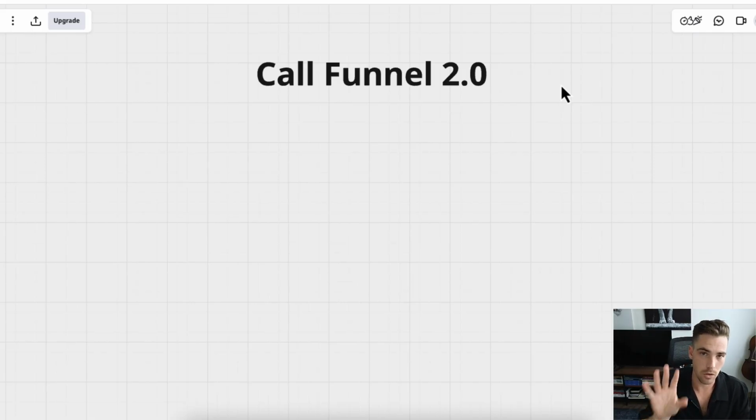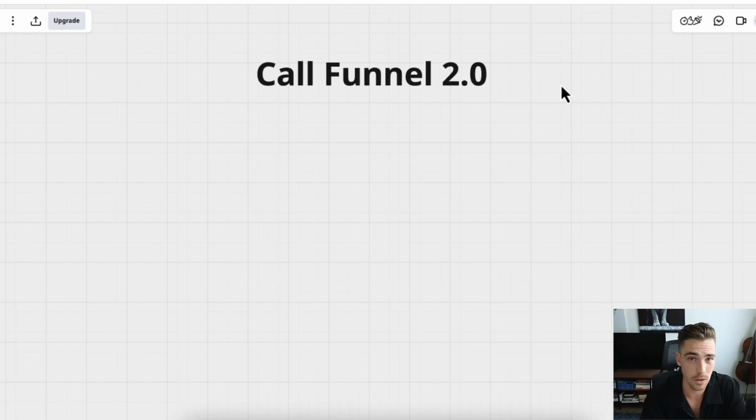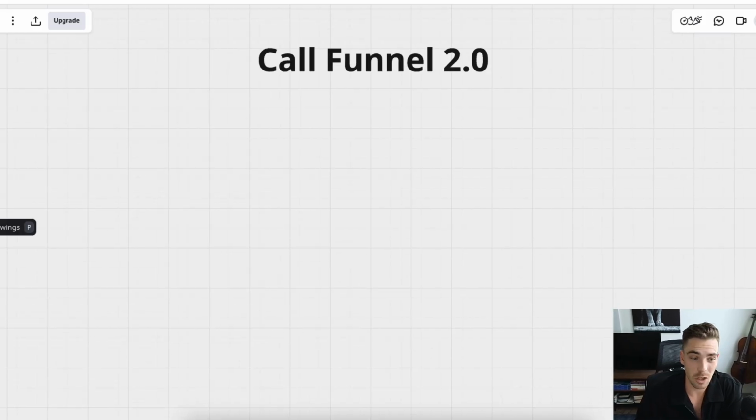This is Call Funnel 2.0, and we're actively using this on the majority of our ad agency clients' funnels right now, at least for the clients that we're running ads for using a call funnel. Historically, we've used the typical version of a call funnel that you would probably be thinking about, and I'll actually draw this out for you,